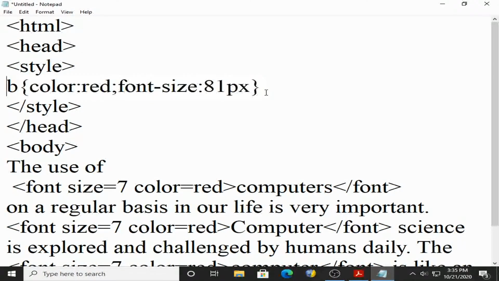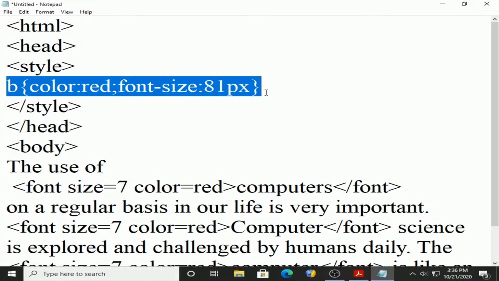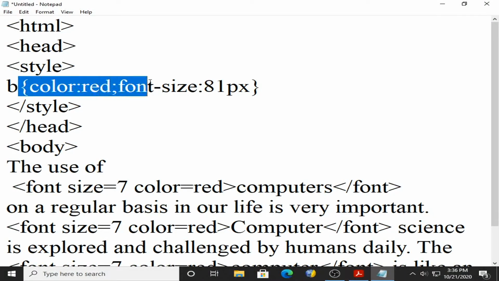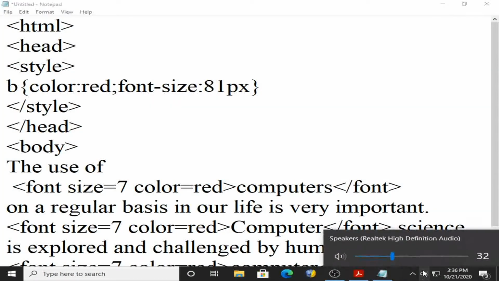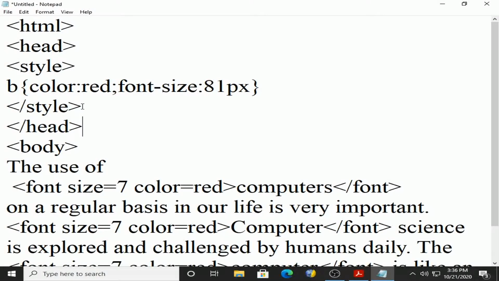The whole line is known as a rule, and a rule is divided into two parts. The first part is outside the curly bracket, the first word, which is known as the selector, and then the second part is the declaration.